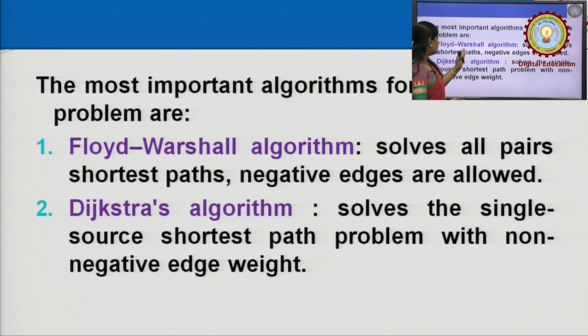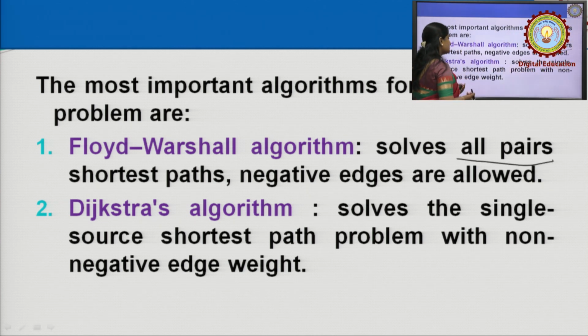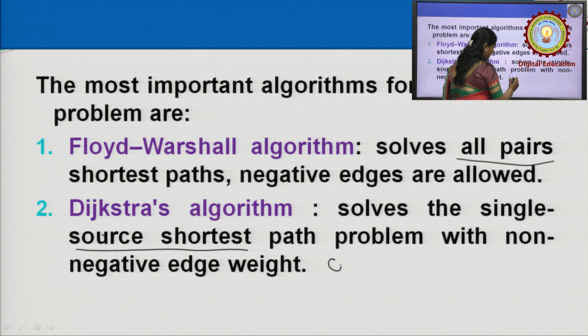These two algorithms perform best in their own way. The Floyd-Warshall algorithm solves the all pair shortest path problem, and Dijkstra's algorithm solves the single source shortest path problem. All pair shortest path problem means if there is a graph